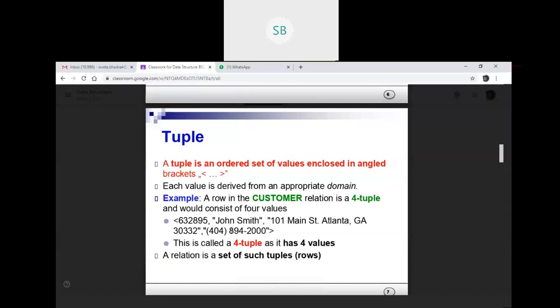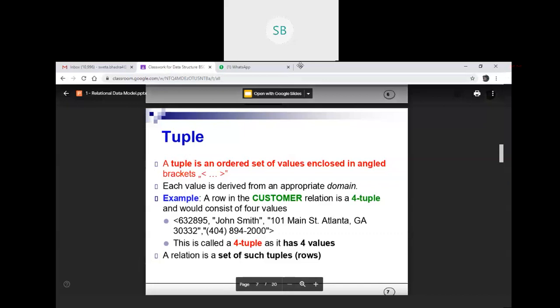Students, please tell me if you are confused or not. I got this question, why we use angle brackets here while in SQL we use normal brackets when inserting values. This is just a theoretical concept.